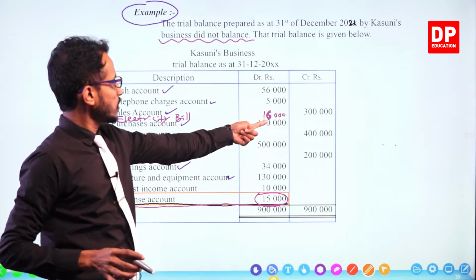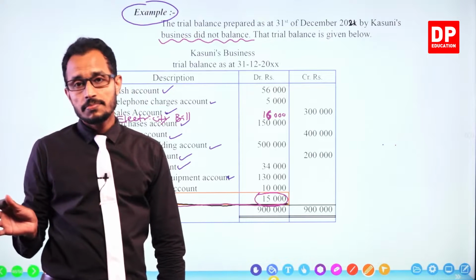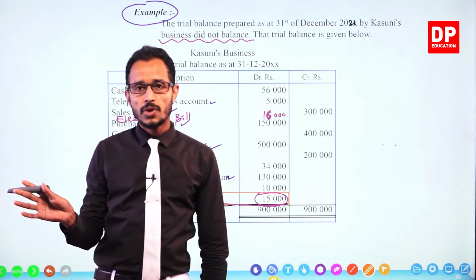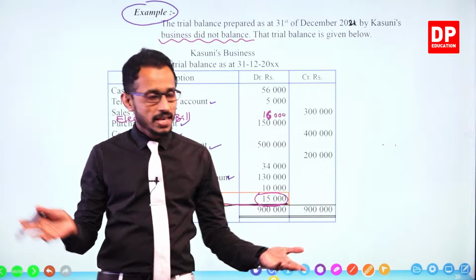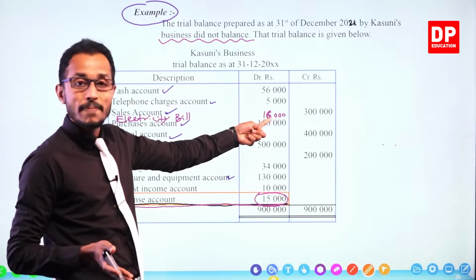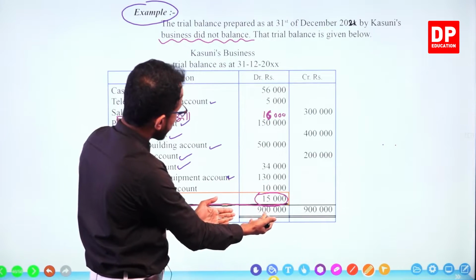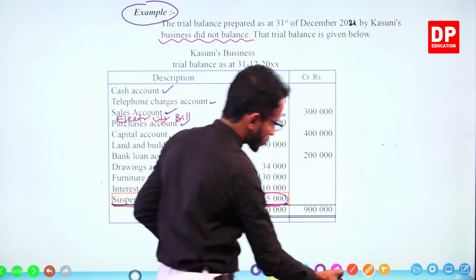Likewise, it should be entered to the debit column. Then suspense should be credited. Suspense account should be credited. Because of this missing account balance, the debit column of the trial balance, this column,